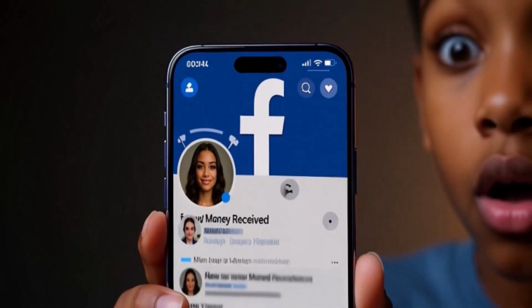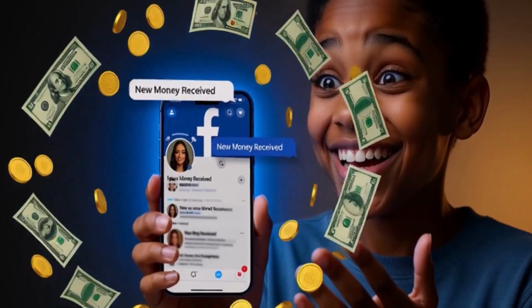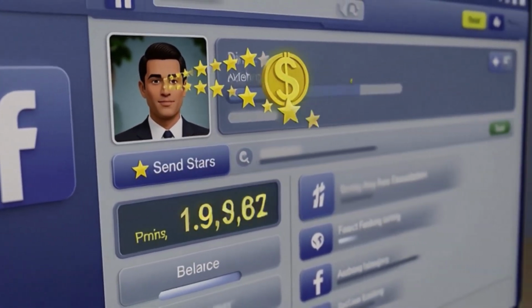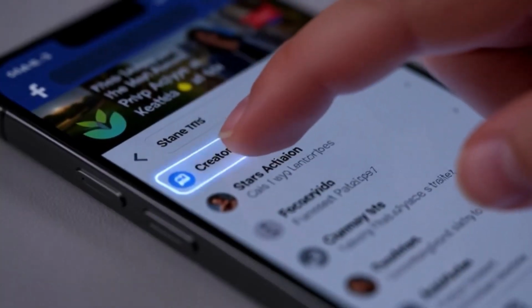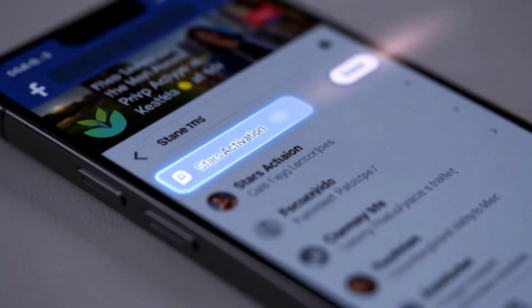What if I tell you, people can send you real money just by watching your Facebook content? No website, no extra app. Direct Facebook earning. This feature is called Facebook Stars. And today, I'll show you exact step-by-step how to activate Facebook Stars correctly and start monetizing your profile like a